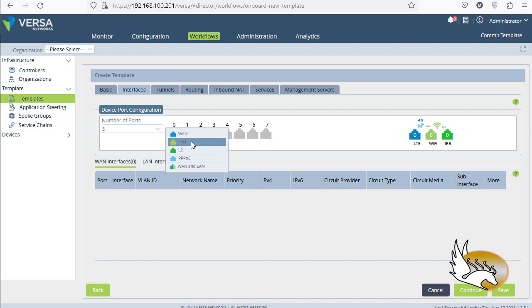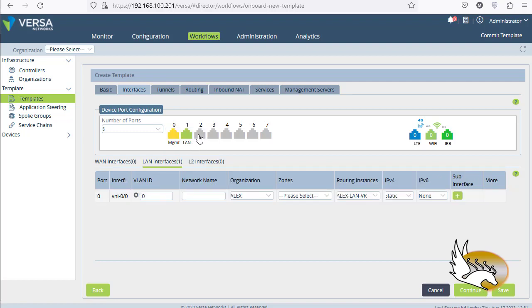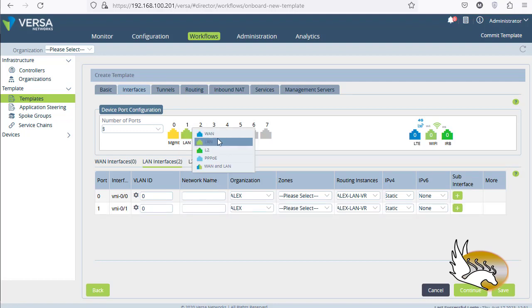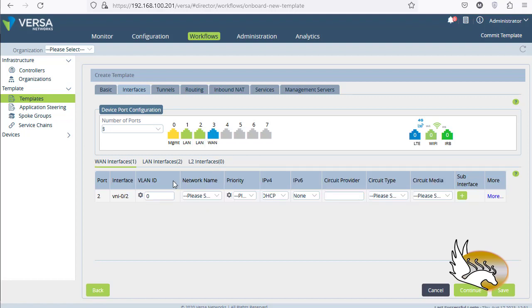If you have a layer 2 interface, you can click on this one. But here I'm going to say a LAN interface. VNI 0/0 and 0/1 are going to be LAN interfaces, and then VNI 0/2 is going to be a WAN interface. So you see that now under WAN interfaces I have one, which is VNI 0/2, and I'm going to select